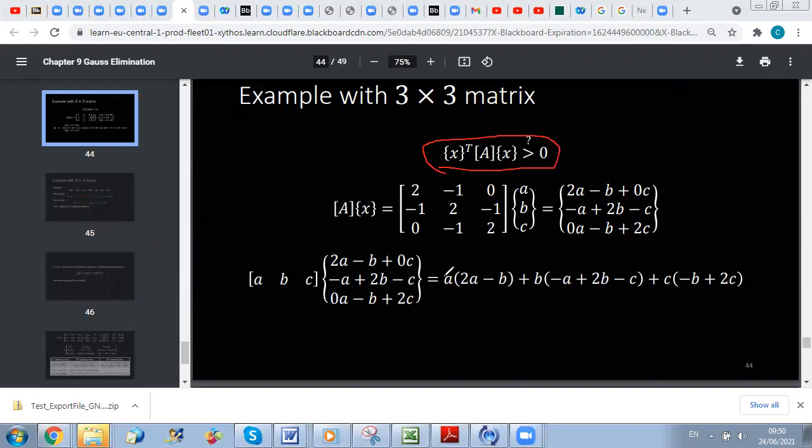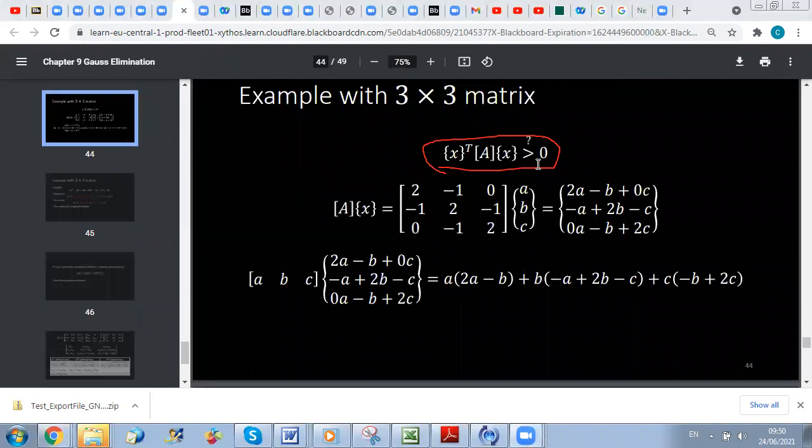Do it as a practice here. And once we verify these two conditions, we can be sure that this matrix can be factorized using Cholesky factorization. And I repeat, in the exam, if I don't ask you to verify that it can be factorized using Cholesky, if I just tell you to use Cholesky factorization,